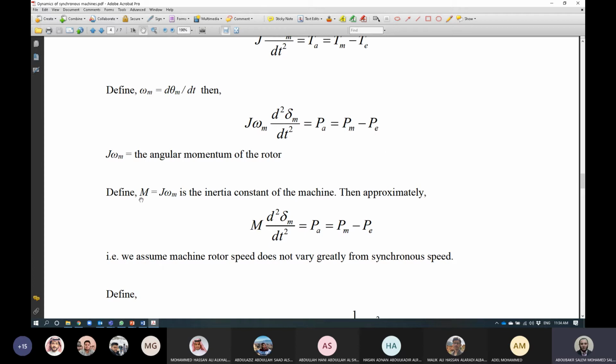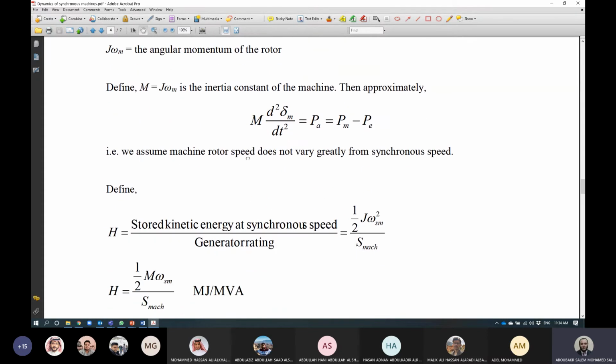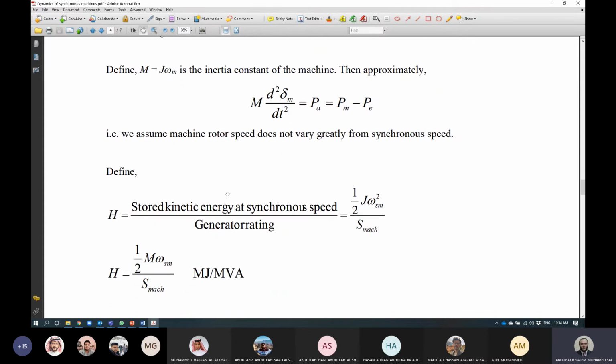One of them is M. M is equal to J omega m. Okay, so we can replace J omega m by M, or we can define another constant which is mostly used, which is H. H constant is nothing but the stored kinetic energy of the synchronous machine at the synchronous speed divided by the